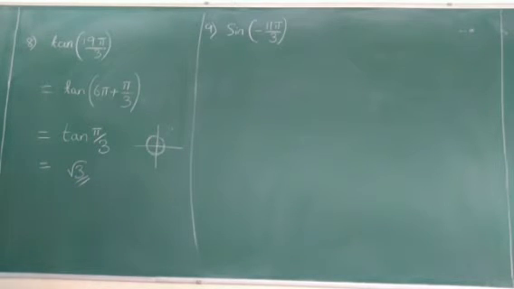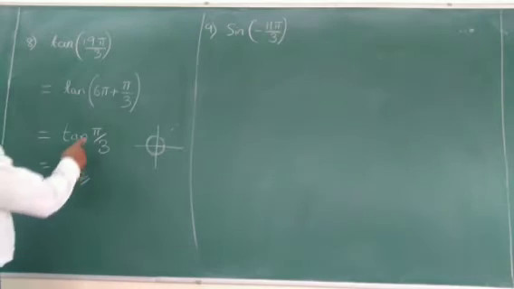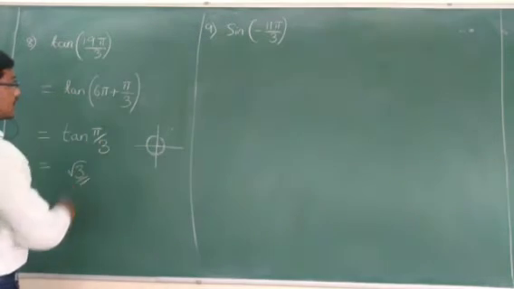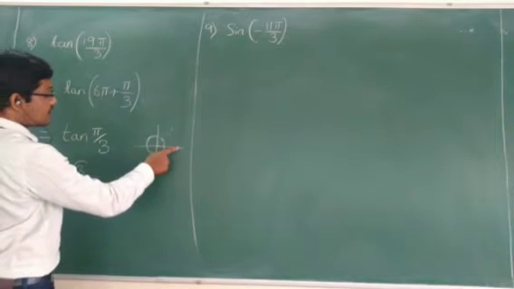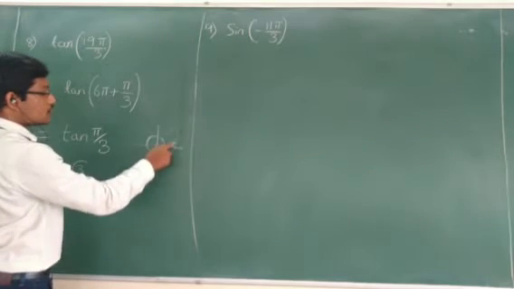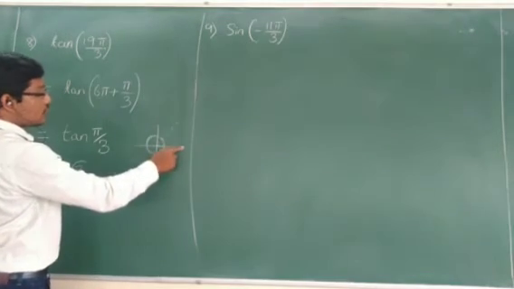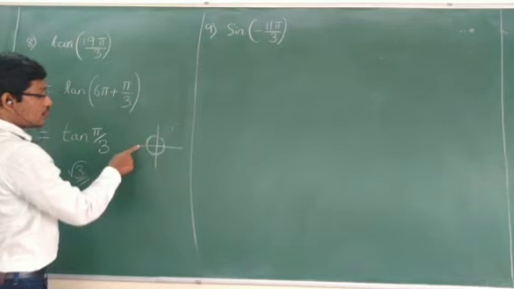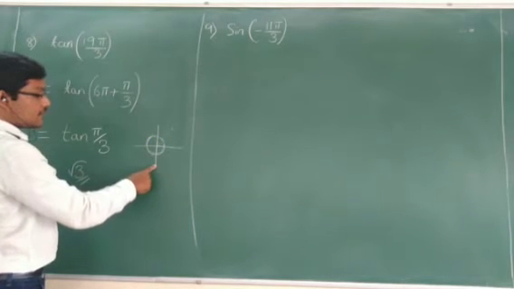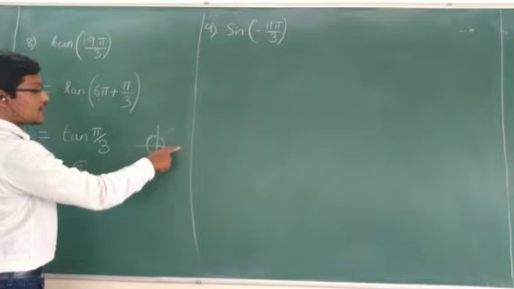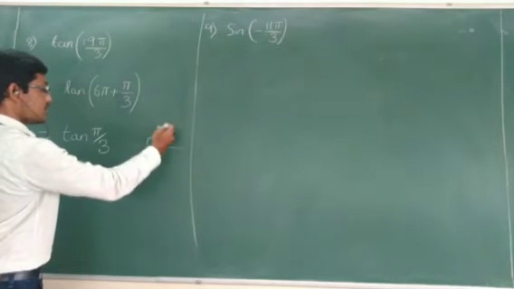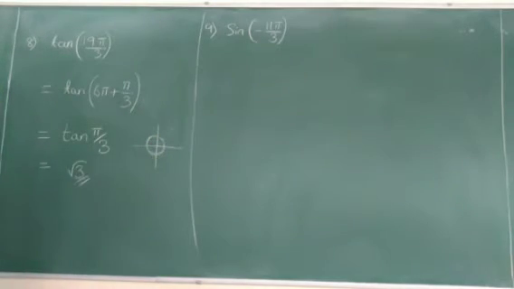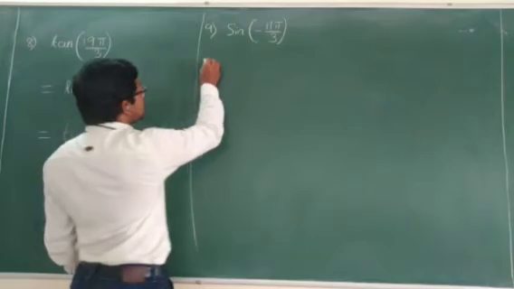So, these questions are simple. You should know which quadrant you are getting. One complete revolution. So, where you get this is, here you get pi by 2. Sorry, here you get 0. After that pi by 2. Here you get pi. Here you get 3 pi by 2. Here you get 2 pi. So, after that where you are getting the angle, that we should take care. Remaining we get easily. So, let's come to this.